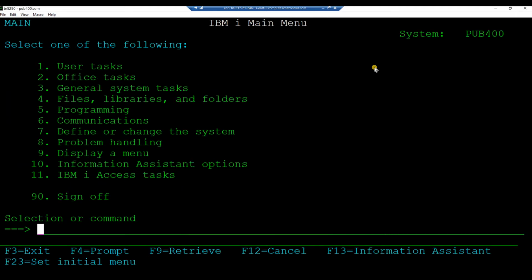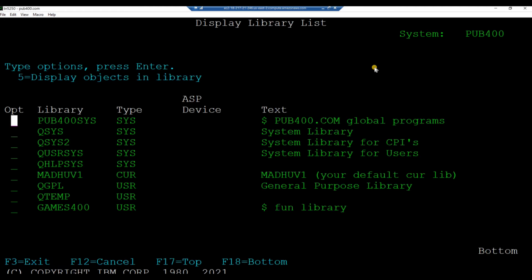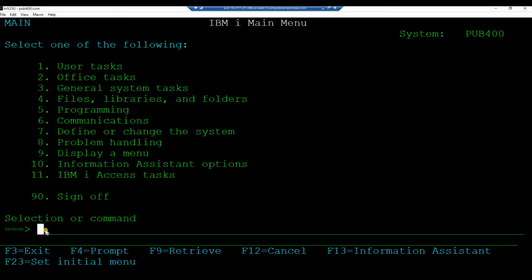Next, check your library list. Key in the command DSPLIBL and hit enter. Note your current library. I will change mine to my second library, which I will use exclusively for this project. Hit F3 to return to command line. Key in the command CHGCURLIB to your second library